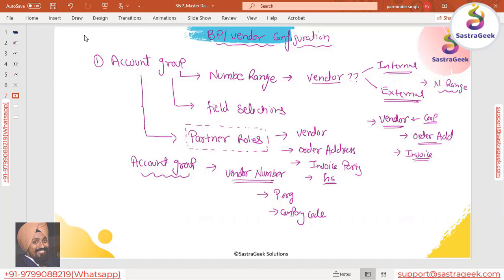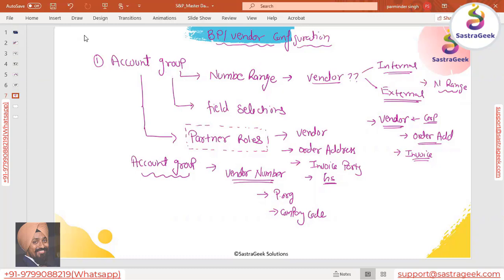Don't get confused. SAP has made sure that they confuse the people, but don't get confused when we discuss partner roles and the business partner role. People get confused a lot between partner roles and the business partner role, which we'll be discussing in just a few minutes. Partner role is a separate thing.